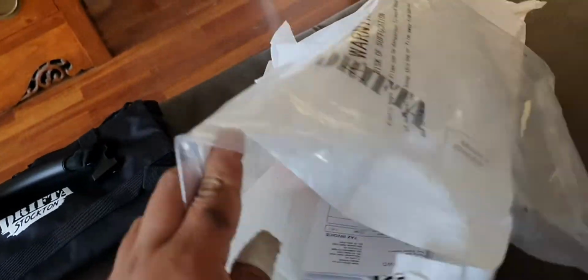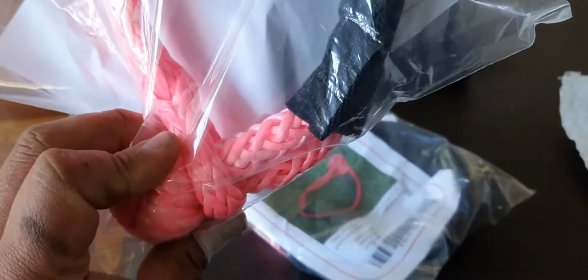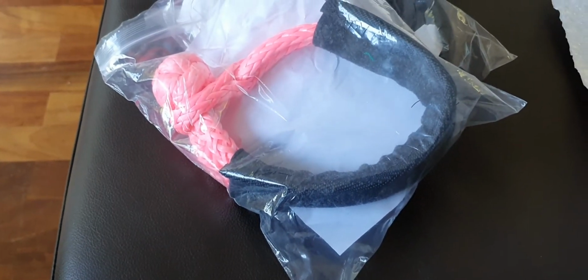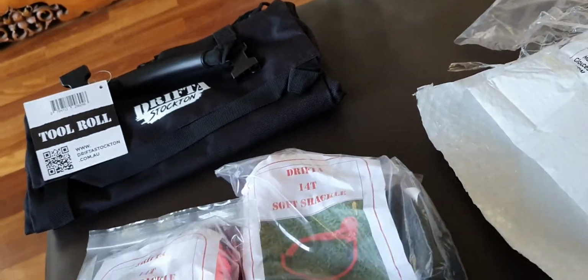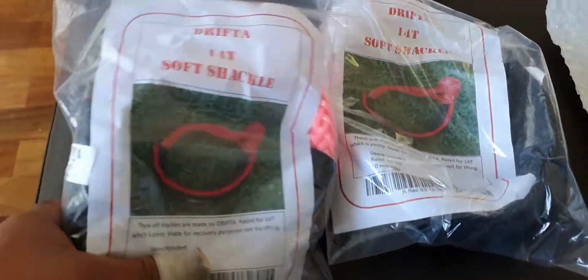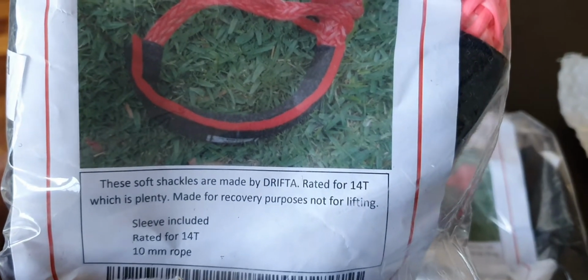and the other is an awesome 2-for-1 deal on these soft shackles. Now, why did I get pink, you may say? Well, not going to lose them, am I? So yeah, just randomly got pink. 2-for-1 deal on these. Pretty good value if you ask me, for a 14-ton rated